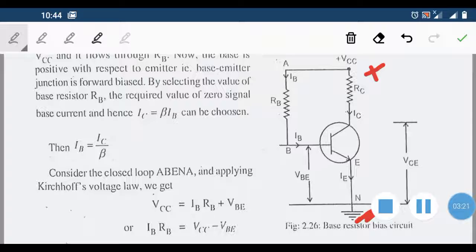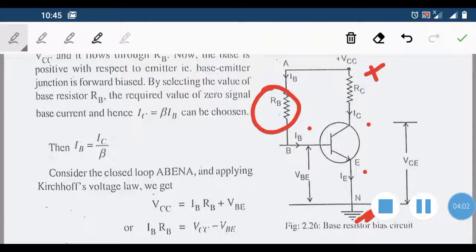Then we have one resistor RC connected in the collector part. This is the collector part, this is the emitter part, and this is the base part. And here we have used one resistor RB, and it is called the base resistor method because of that. Now we can analyze the circuit, and we can obtain the different equations connecting the different parameters of the circuit. By designing, we mean finding the values of resistors that are suitable for the circuit to obtain the given conditions of IB, IC, etc.